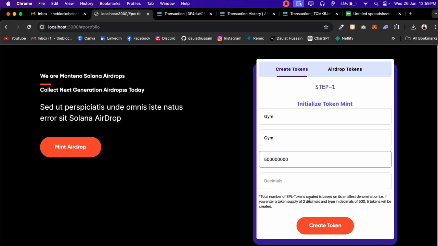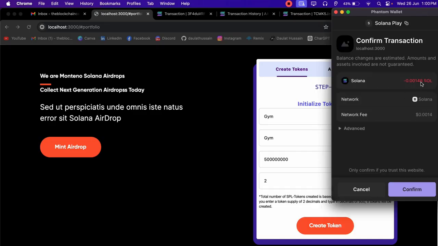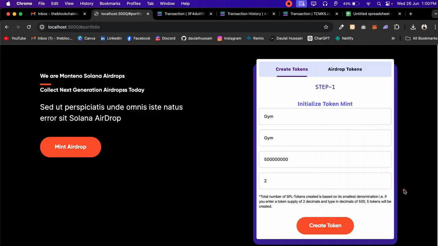And here is the interesting part. You have to give 2 decimal point. That's the decimal point you have to give, because the airdrop will happen behind the scene. It will follow this particular logic. So you have to give decimal point to 2. Then click on this create token. It is going to create a token. This much money we are paying for making the transaction. So simply click on this confirm, and once the